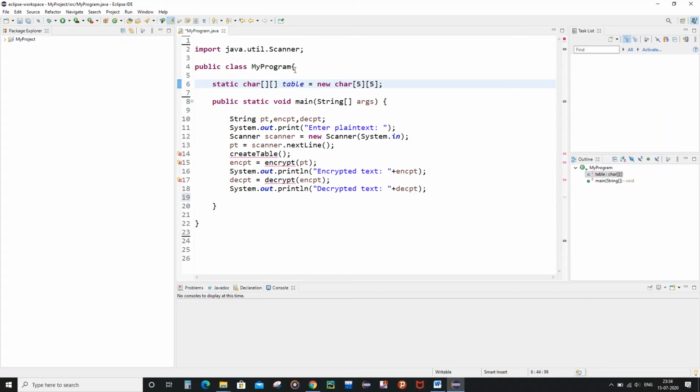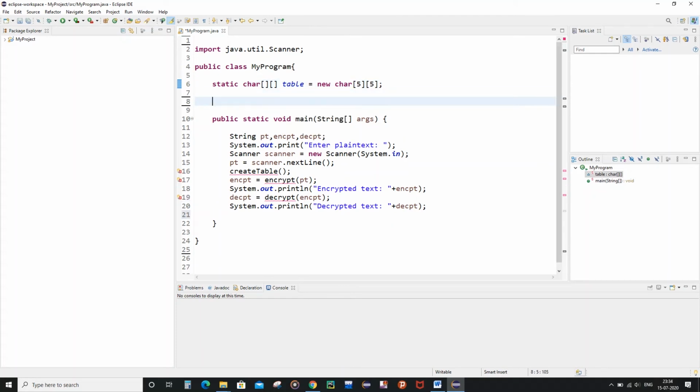So basically we have created one 2-dimensional character matrix with the name table. Now we are going to write the function definition for the create table function which is going to initialize the table with the values from the English alphabet.